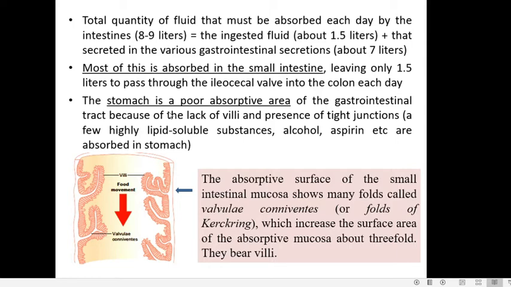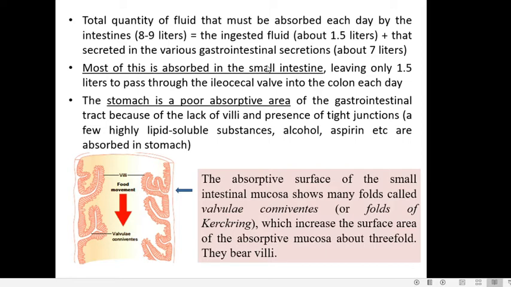So that means about 8 to 9 liters of fluid are to be absorbed in our gastrointestinal tract a day. How does this come? Out of this 8 to 9 liters, the total ingested fluid which has undergone digestion amounts to about 1.5 liters, and the rest, around 7 liters, is contributed by the gastrointestinal secretions: the gastric juice, the saliva, the intestinal juice,